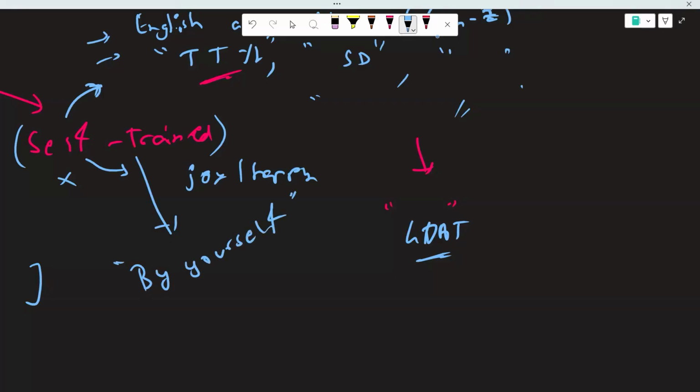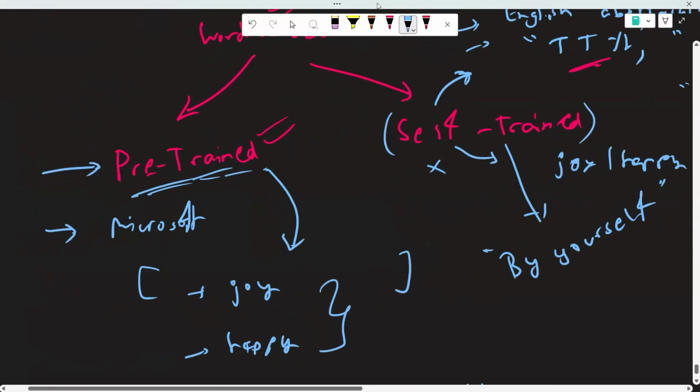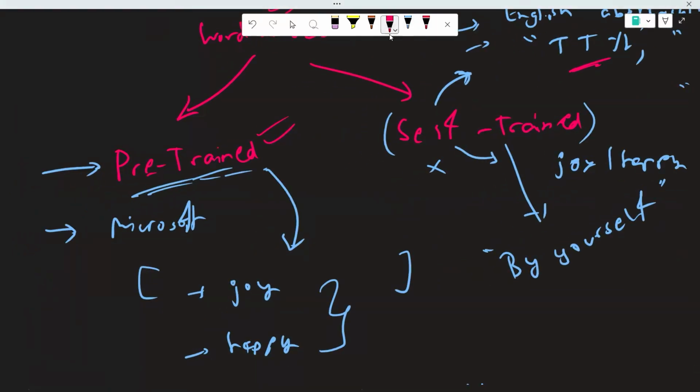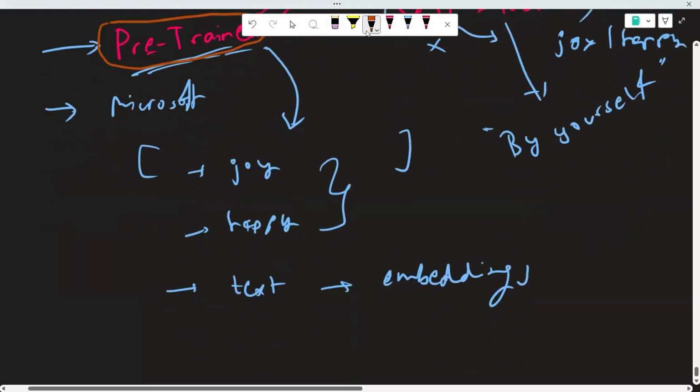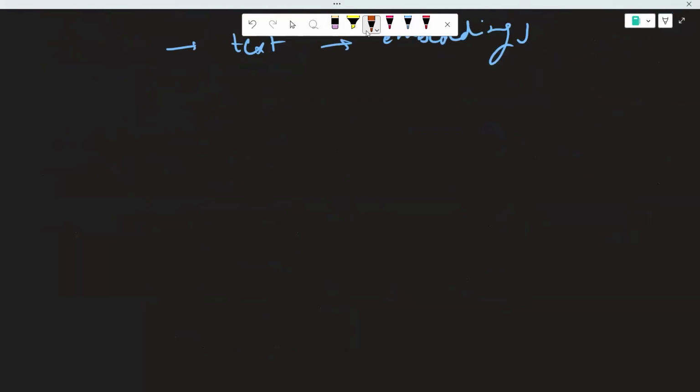So in our case, we'll start with pre-train. We don't have to go into self-train because we'll start with an example where we are focusing on common English words. And even in industry, majority of the times you'll be using pre-trained only, because majority of the use cases are going to be in the English language, and obviously with English language you will be having information regarding the existing words in the pre-trained model.